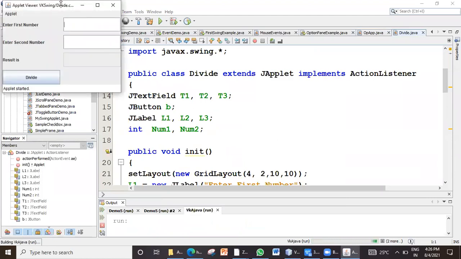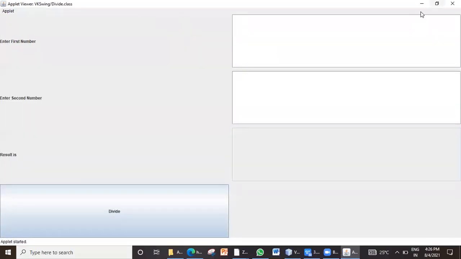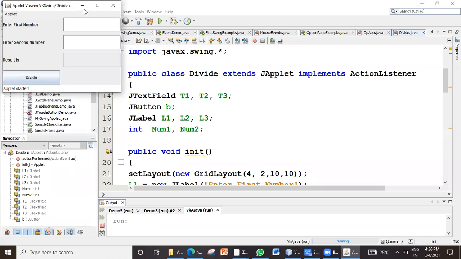This is our program. Just a minute, I'll maximize that. In grid layout, maximize will increase the size of the component.